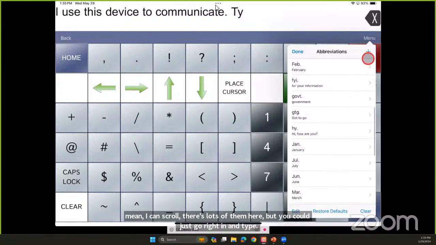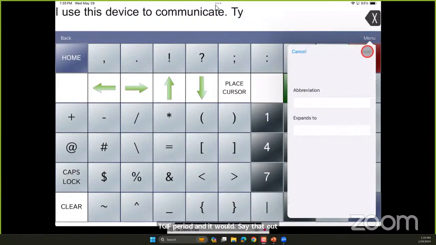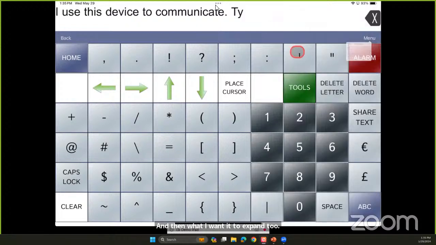But I can also add my own here as well. So it asks for what I want to type in. So kind of a 2 to 3 letter code that's not already being used and not something that I would want to not expand. And then what I want it to expand to. Cancel. The other thing up here in this menu